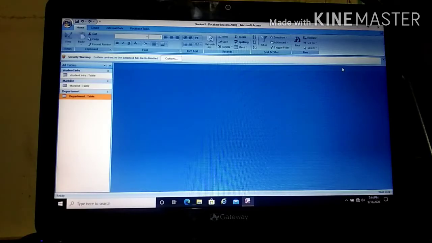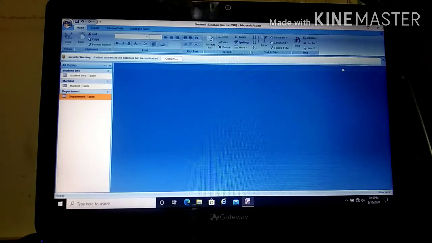In the previous period, we have started the new chapter, that is working with tables. In that chapter, we have seen how to open an existing database and how to edit in the database and the table, and how to hide the columns, how to unhide the columns, and how to freeze the columns, what is meant by freezing the columns, and also we have seen unfreeze the columns. Now we are going to continue the same chapter. In that chapter we are going to see the new points.